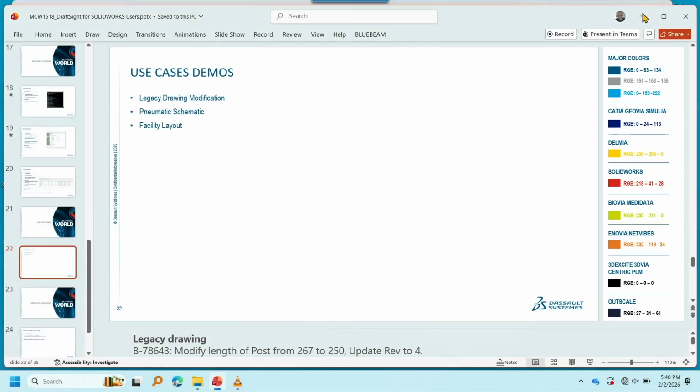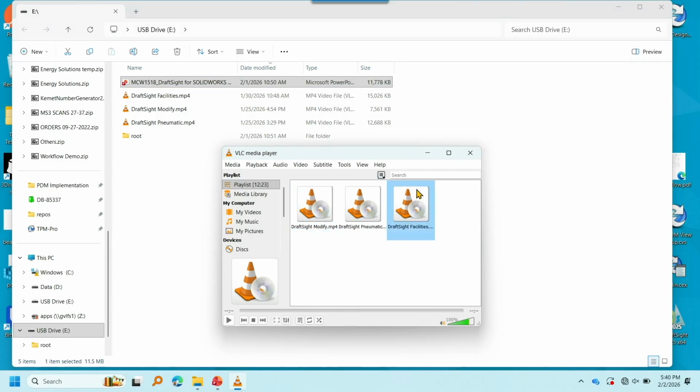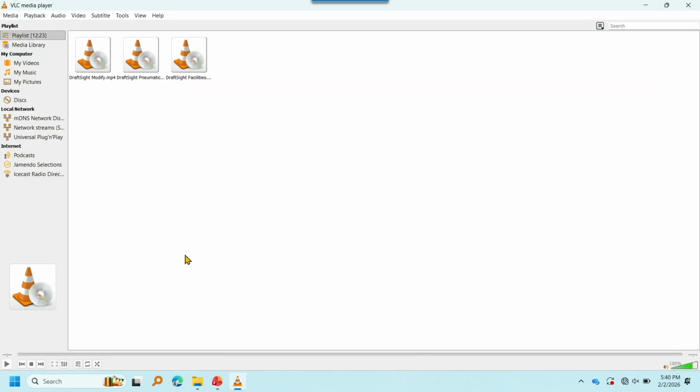So let's look at some use case demos. I've got 3 different ones. We're going to modify a legacy drawing, we're going to create a pneumatic schematic, or just talk about how to do that, and then we're going to talk about working with a facility layout. I'm going to switch over because when I presented last year, we had a little difficulty with live demos. So I hate to do recorded stuff, but